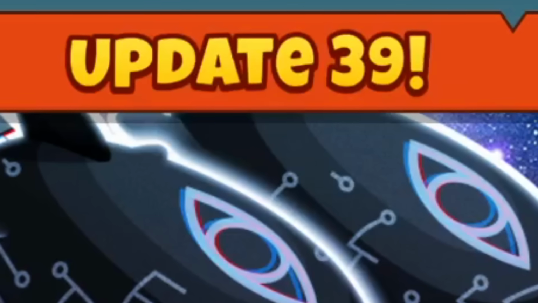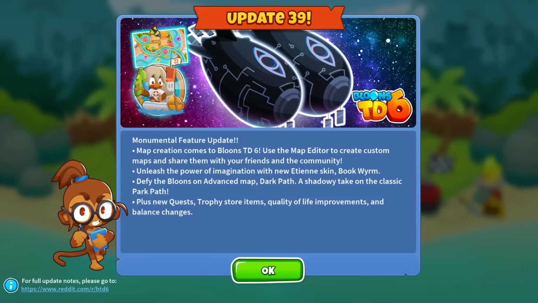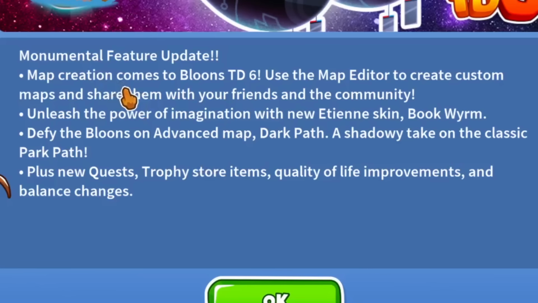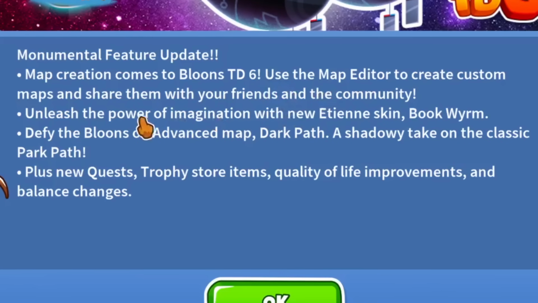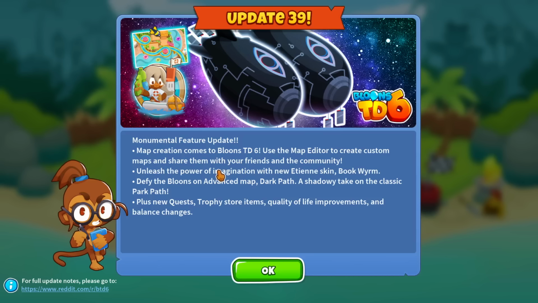Update 39 is on the way, and this is an early access preview of what's to come. Kindly ignore the update image that was for 38, but we have Map Editor. Map creation comes to BT6. Use the map editor to create custom maps and share them with friends and the community. AKA the highlight of this update, and I probably say this every update, but it's really spicy, and you'll see